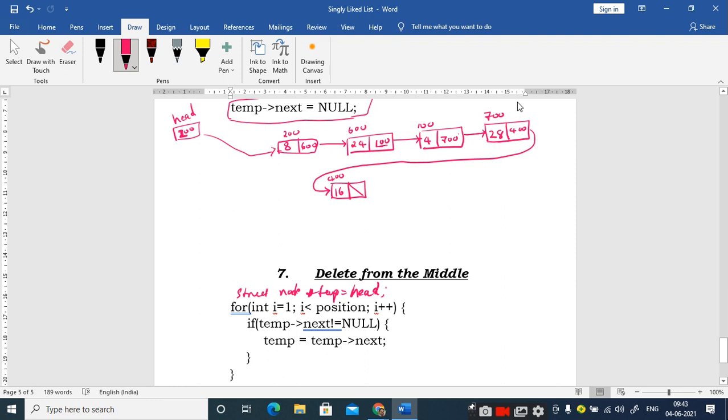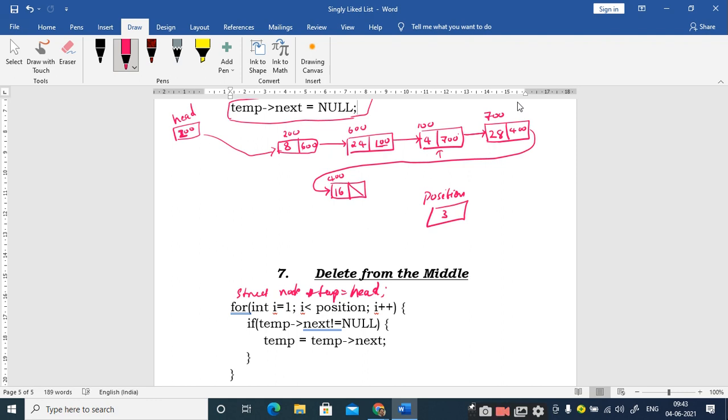Assume that the user has given position is equal to 3. So what is the node that is present at the third position? The node which is created at 100, right? So I should remove this one.